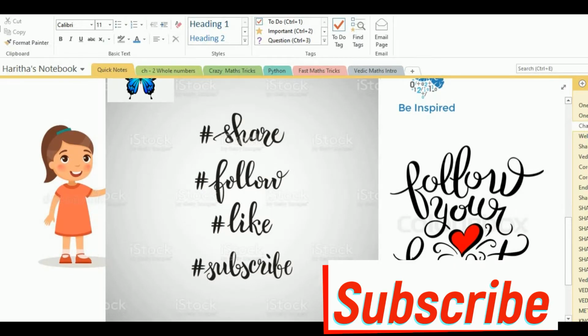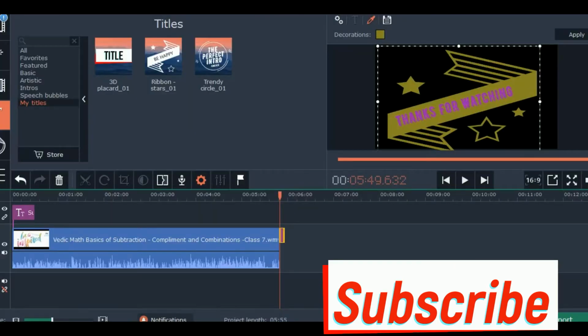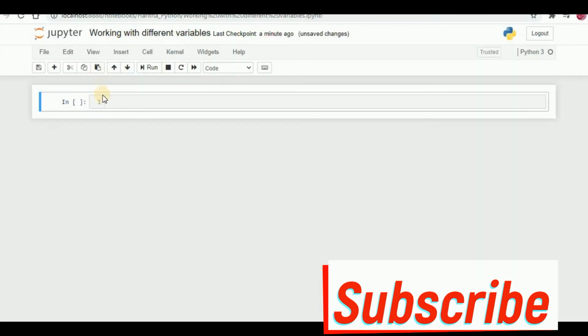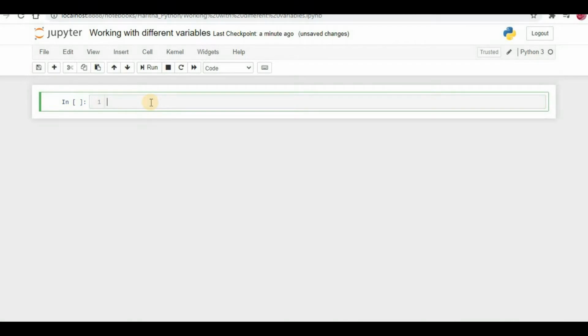So today we are learning Python programming. So we'll see what is going on over here. I just opened a new Jupyter notebook and changed the title. The title is working with different variables. So we work with different variables and values like floating point numbers, integers, strings, but we didn't start using this